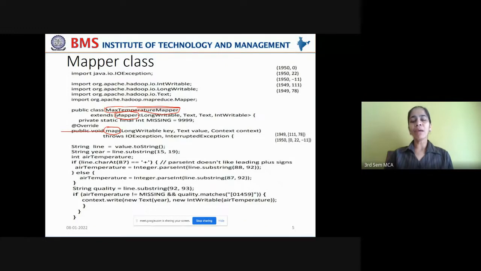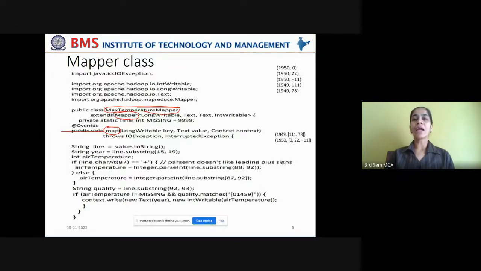Again, the key value pairs emitted as output by the map phase will be taken as input by the reduce phase. That will further give key value pairs as output, and many such reduce tasks under the MapReduce framework will give multiple key value pairs as outputs, and all those key value pairs will be consolidated to give a comprehensive result to the client. That is the essence of any MapReduce framework.